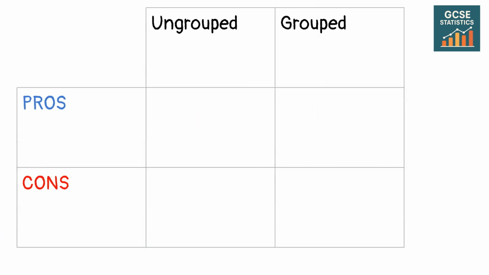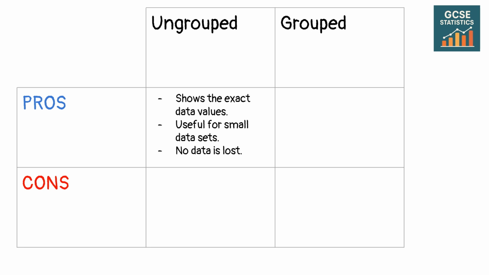Let's look at the pros and cons now. For ungrouped data, we have the benefit of being able to see the exact data values, as we saw in the last example. If your dataset is small, you might want to consider this, as the complexity really only applies to larger ones. Lastly, no data is lost, a huge advantage in calculations as you're doing stats, probably GCSE maths